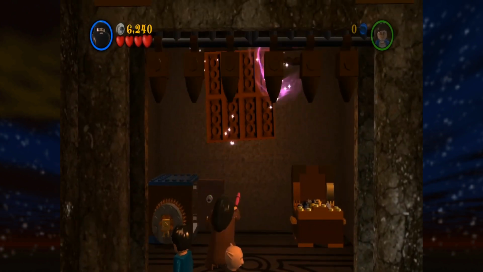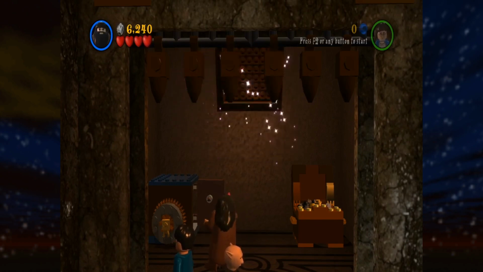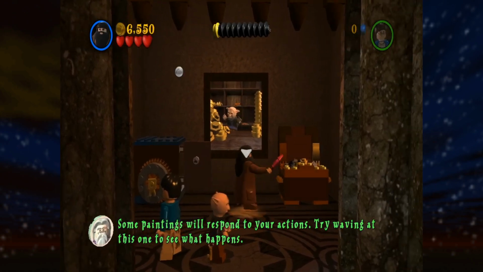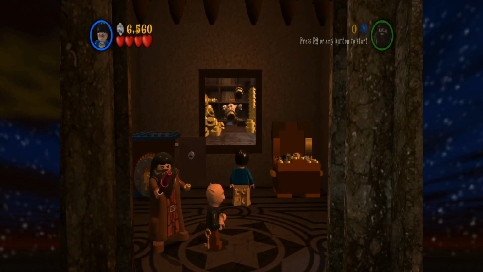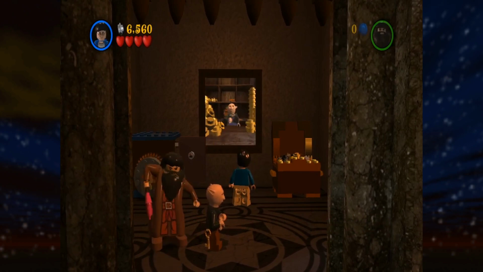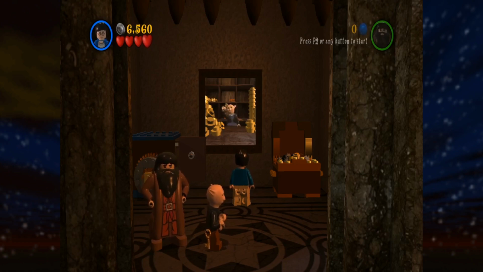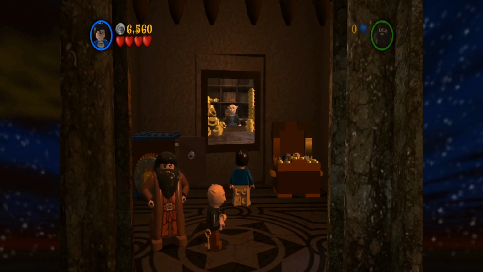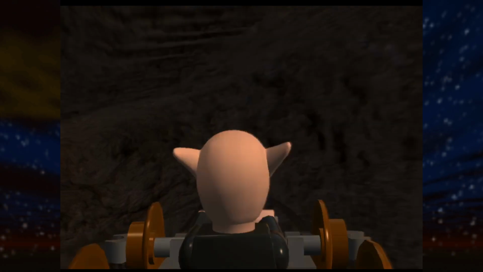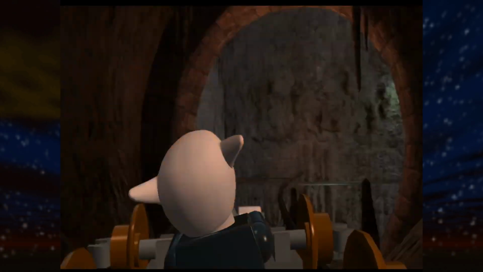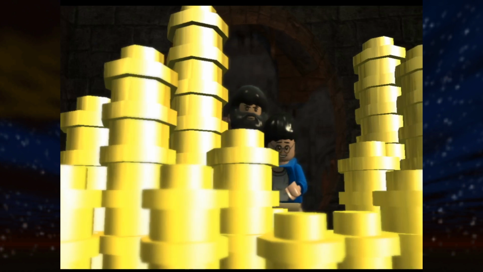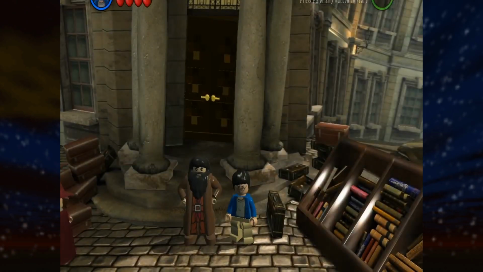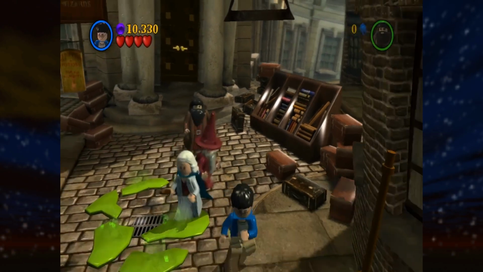We encounter Griphook shortly after entering Gringotts, and then we can go to the vaults. We go down in the minecarts to make withdrawals from vaults 687 and 713. Harry gets his money, Hagrid gets his mysterious package, and we're back outside to simply walk into Ollivander's and the